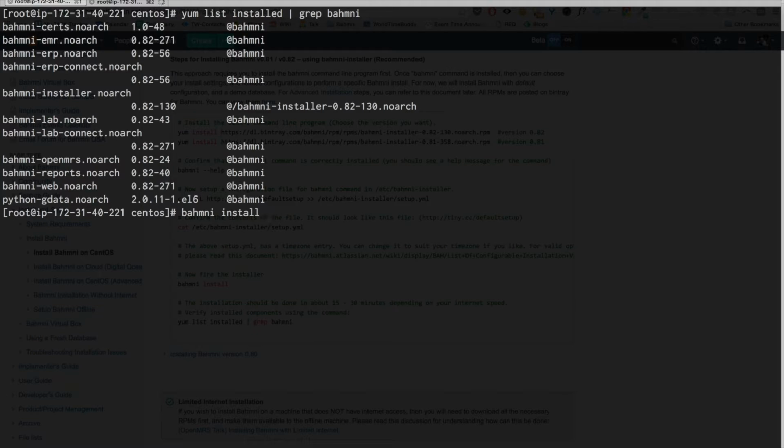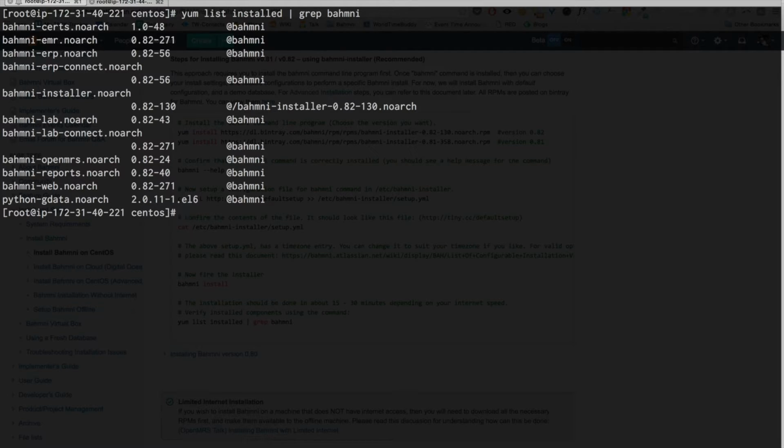If it is, it doesn't do anything. If it finds something is not right or not installed, it will go ahead and fix that and install it for you. So you can easily do a yum remove of two of these components, say bahmni-emr and bahmni-lab, and then say bahmni install, and it will reinstall those two by looking at its config files, setup.yml and local.